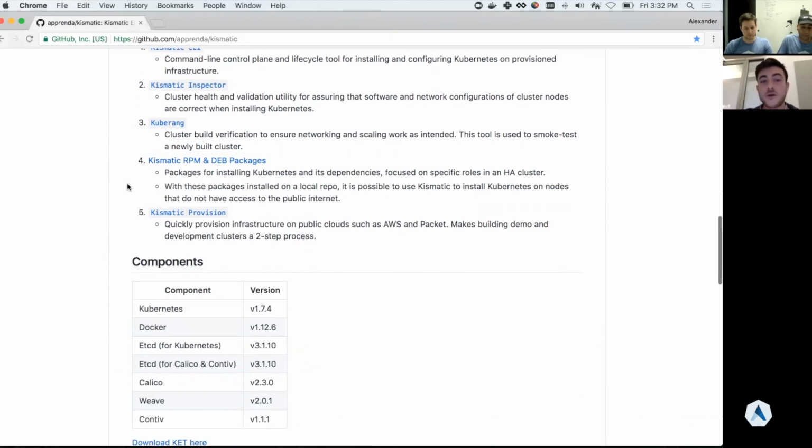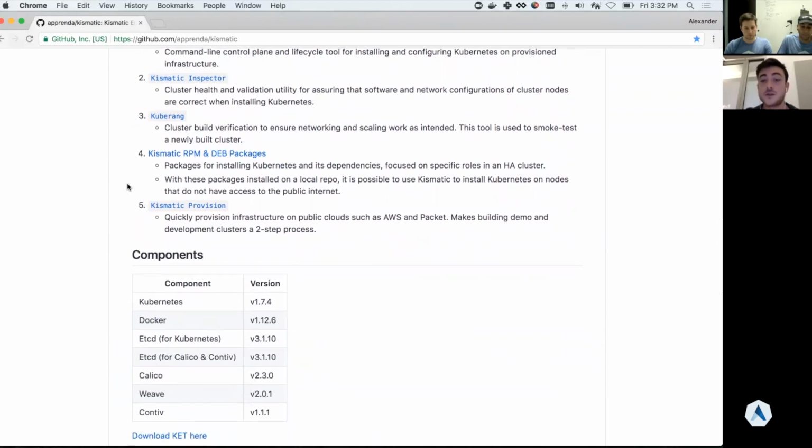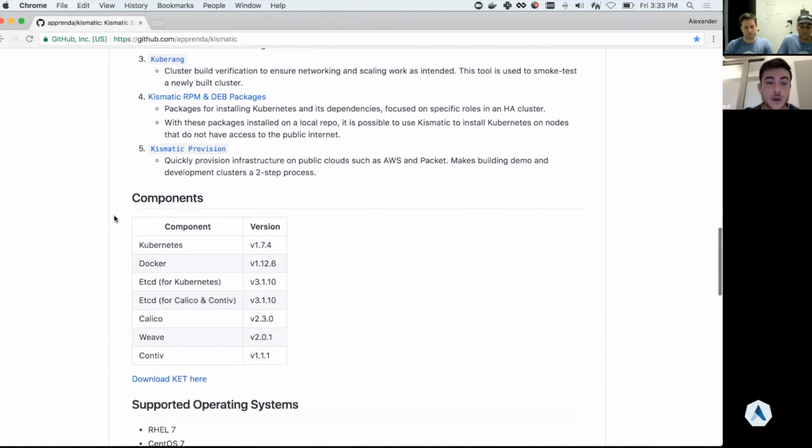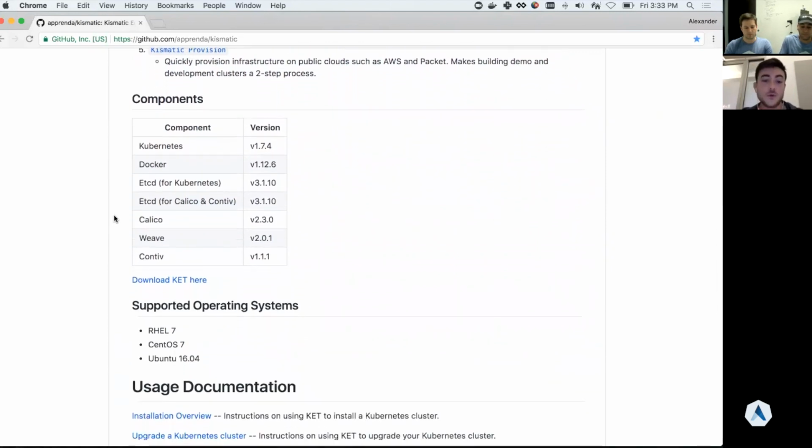We also have our own RPM and dep packages. So if, for example, you want to install a cluster behind your firewall, you can do that as well. And then we have a little tool for provisioning infrastructure on public cloud. So if you want to do a demo or a development cluster, you can use that tool to quickly provision machines on your favorite cloud provider. So without further ado,